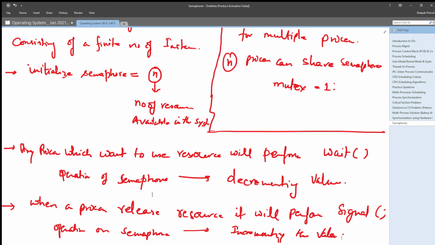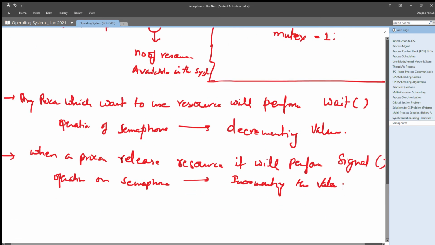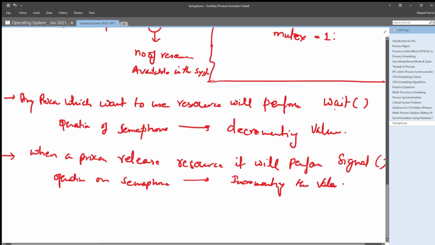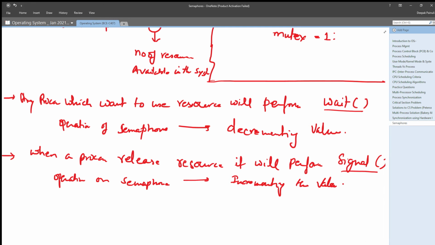That means if you have four processes and one process is performing a wait operation, there are four resources available in the system for the rest of the demanding processes, right? And once that process completes its task using that resource, it will simply perform a signal operation on that semaphore, right? That means it will increase the value of that semaphore. That means it will indicate the increased number of resources available in the system for the rest of the processes.